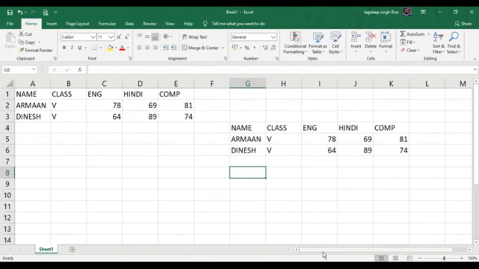Inserting cells, rows and columns. Cells, rows and columns can be inserted in a worksheet. Let us learn by first taking inserting cells. To insert a cell or a block of cells, we have to follow these steps. First, select the range of cells where you wish to insert a new block of cells. For example, here after English we want to add one more cell as the new subject.